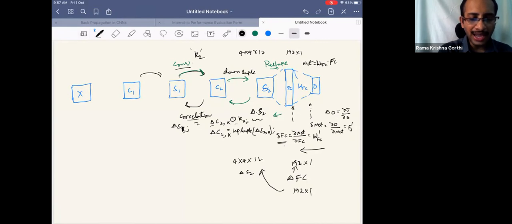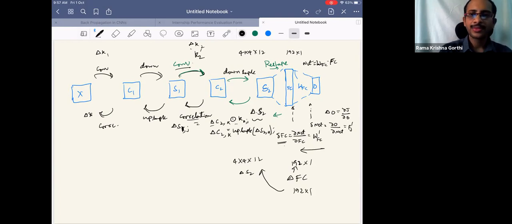Okay, so now again here it is down sampling, and this becomes again up sampling. Again here convolution, and here it becomes now correlation to get delta X. Even though we may not need, if we want to get delta X, we need correlation. And the kernel updates, delta K1, delta K2, you have to get, right? How do we get them? So any quick thought on delta K1 if you want to get it, after I back propagate like this?